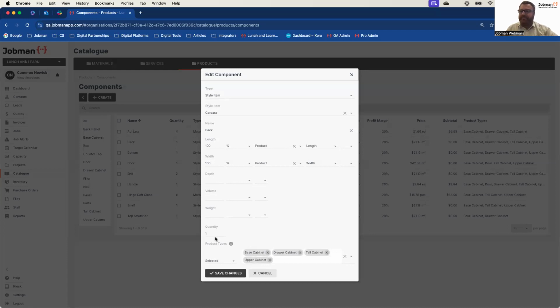So for example, a base 1-door cabinet has 1 door. A base 2-door cabinet has 2 doors. So I can still use the idea of adding a door to every single one of my base cabs. However, I then go into each of those base cabs and simply update the quantity of the doors to 2 and change the parametrics to be 50% of product width rather than 100%. Sounds pretty complicated, but once you get into it, you start using it and looking at it and playing with it, it will make a lot of sense.